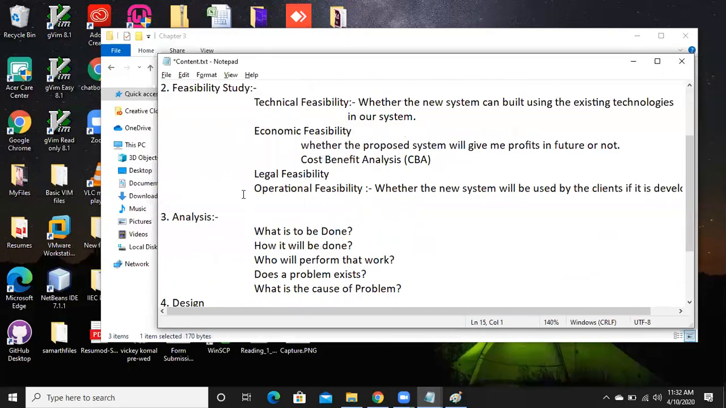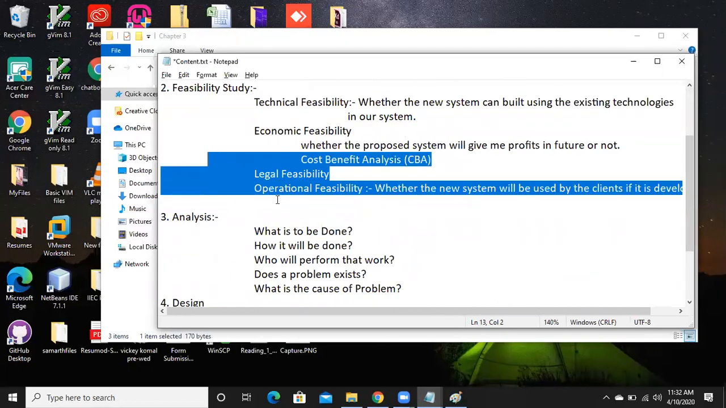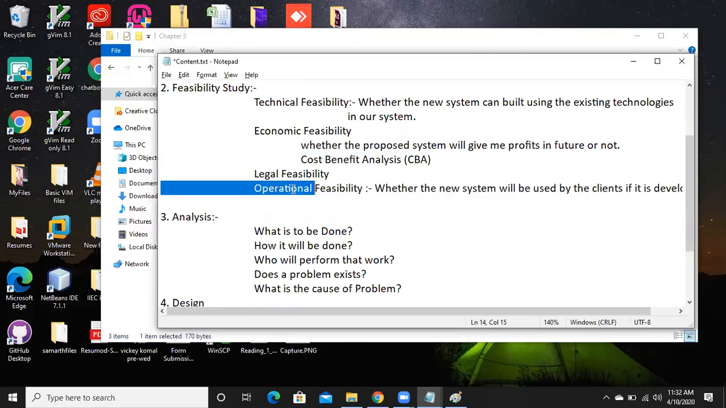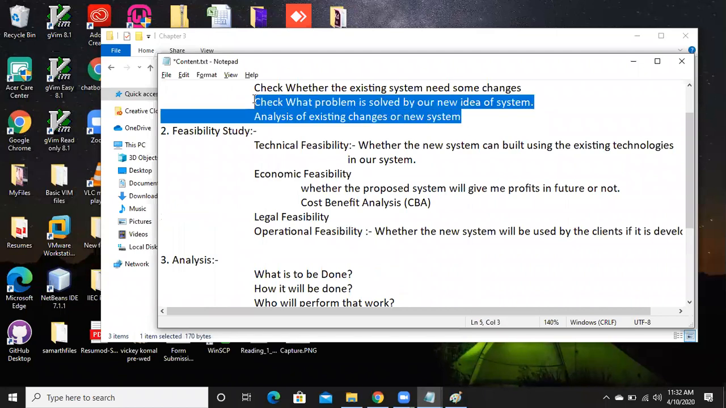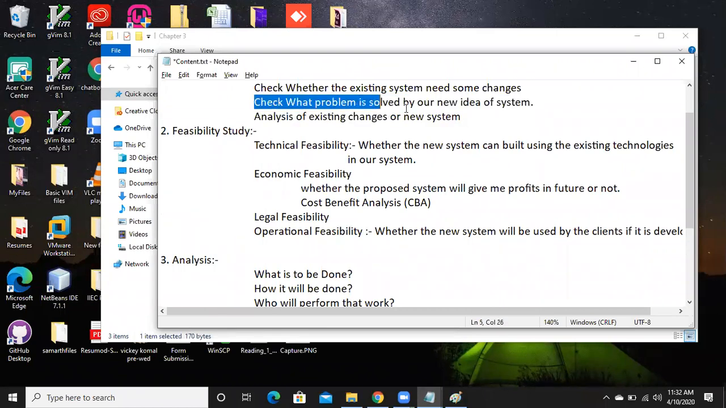If we have developed something, operational feasibility and economic feasibility are basically the most important. So in these two feasibilities we mainly decide whether we have to change our solution, or I can use that particular solution in future. With the help of these two feasibilities, economic feasibility and operational feasibility, we will decide